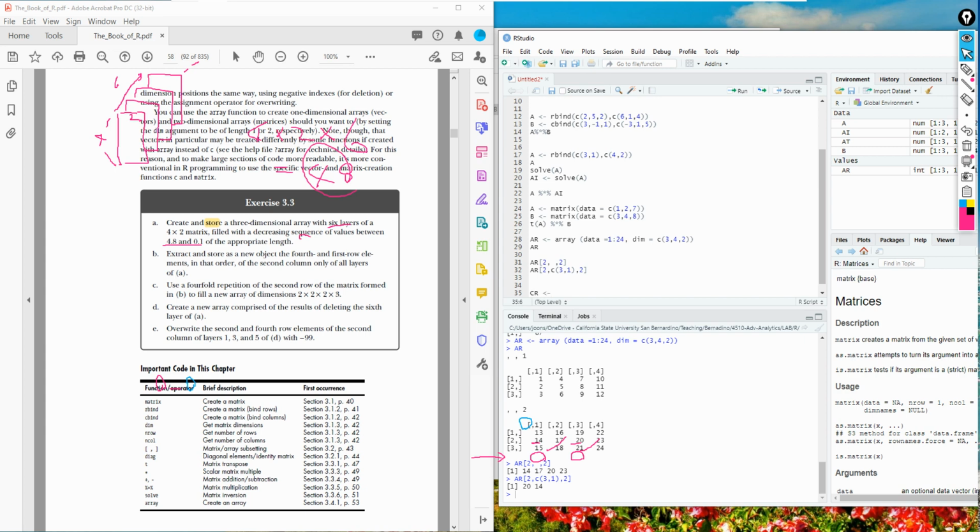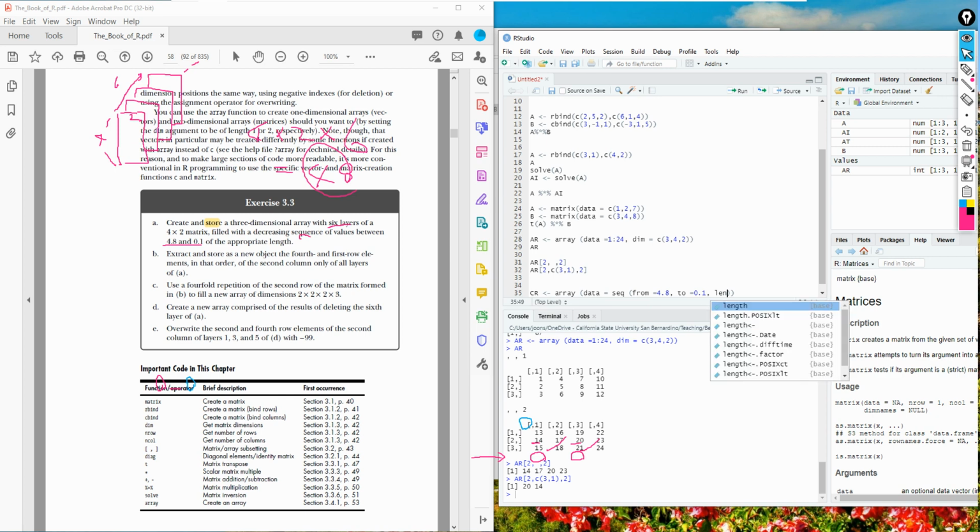Okay, so 6 layers, so let's say array, and then for the data, this time we're going to use a sequence instead of a vector C. Whenever we use a sequence we have a from and to. From is 4.8, and to is 0.1, and then the length is 48.